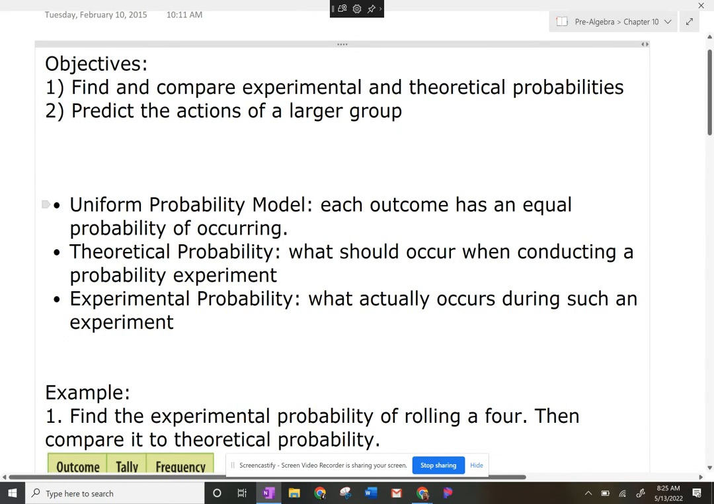All right, so the first one, this is kind of the definitions. I'm not really too worried about this uniform one. Uniform and theoretical are pretty much going to be the same thing. But a probability model is that every single option you have is going to have the exact same chance of